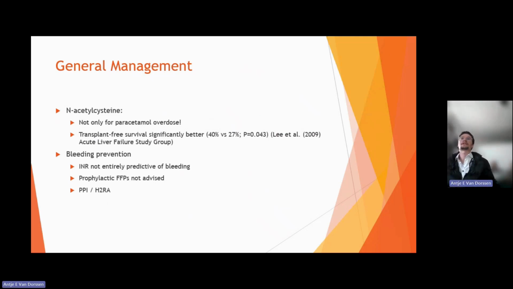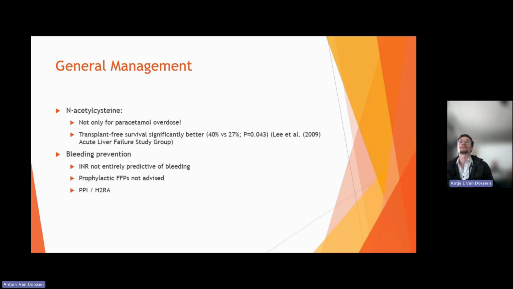N-acetylcysteine, Parvalex, is a really good drug. It's a bit expensive, but it's not only for paracetamol overdoses. There's some evidence that transplant-free survival is significantly better for all causes of acute liver injury. This was published by Lee et al. in 2009. So you don't have to use N-acetylcysteine only for paracetamol overdose. It can be used in other causes as well,